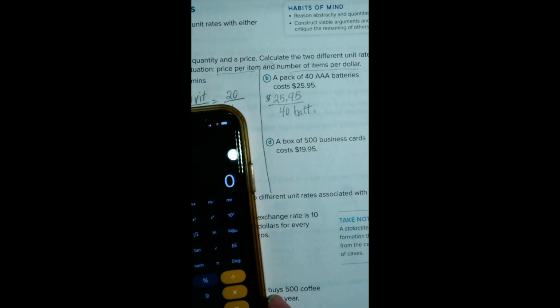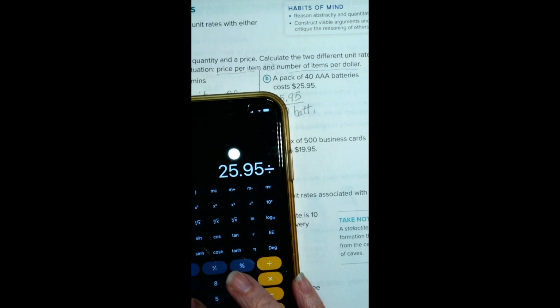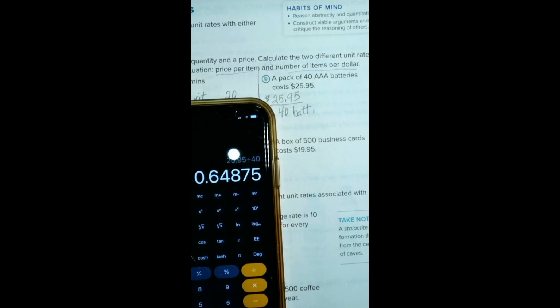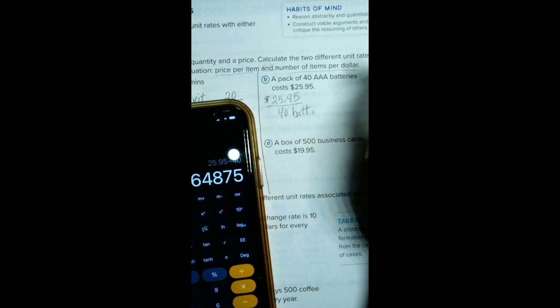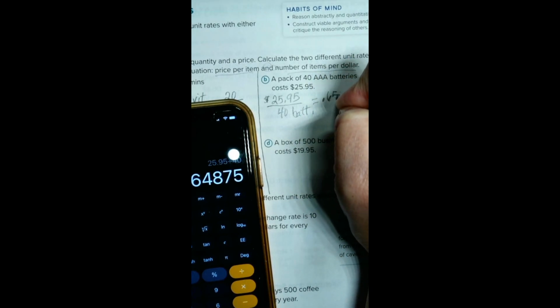I'm going to just go BATT. Okay, $25.95 divided by 40. And that gives us about 65 cents per one battery,